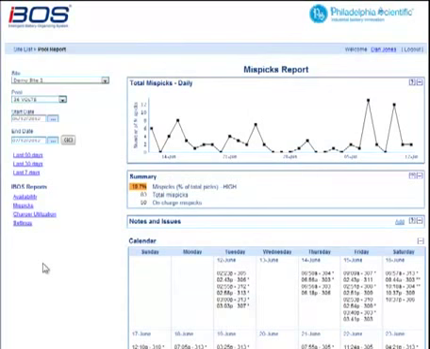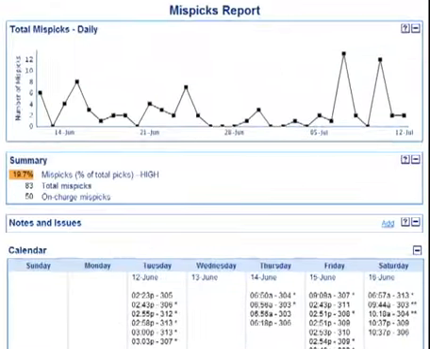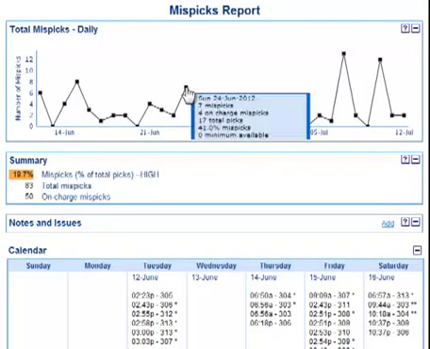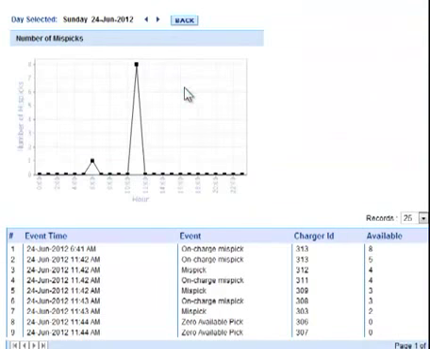This video will show how to do the data analysis on the mispicks report. This report's pretty straightforward, easy to understand from most cases. The first thing you'll see is this mispicks graph, so it's how many mispicks each day. Hovering over will show you a little bit more detail, and then clicking on it will show you the full